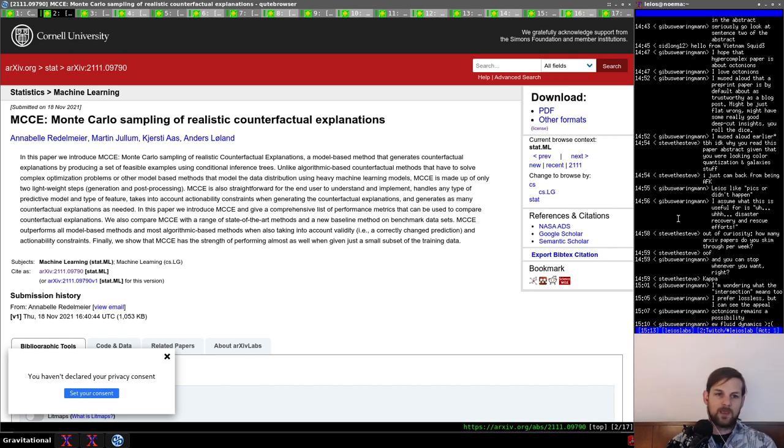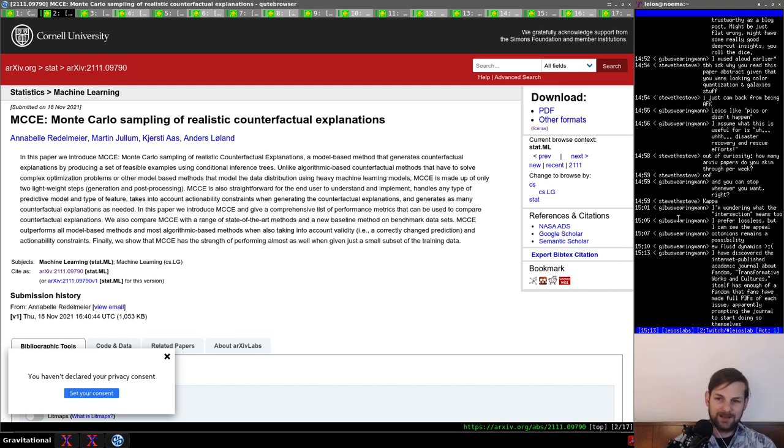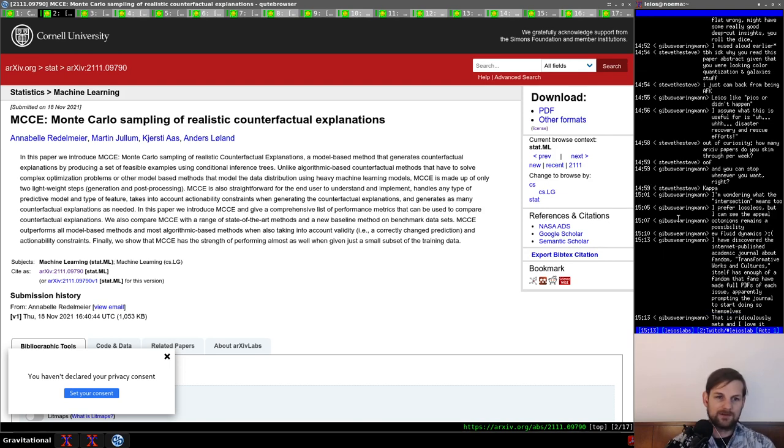Perfect, okay. In this paper, we introduce MCCE, Monte Carlo sampling of realistic counterfactual explanations, a model-based method that generates counterfactual explanations by producing a set of feasible examples using conditional inference trees. So this is about creating lies. Interesting. Unlike algorithmic-based counterfactual methods that have to solve complex optimization problems or other model-based methods that model data distribution